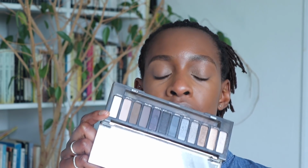This looks good in my opinion, so I'm just going to make sure this is lovely and smooth here, and then we can get it onto the colour. So I'm going to use this, because I haven't used this for ages, and I feel like it'll be a really good one to use for this look. This is my Urban Decay Naked Smoky palette, and I'm taking the colour Whiskey with a little 217